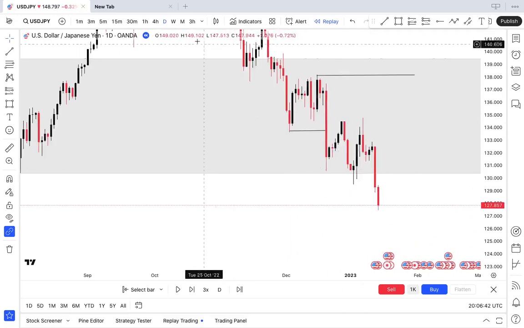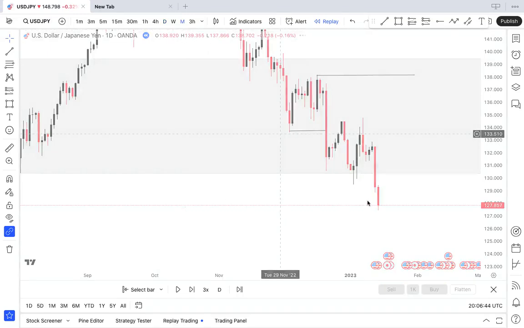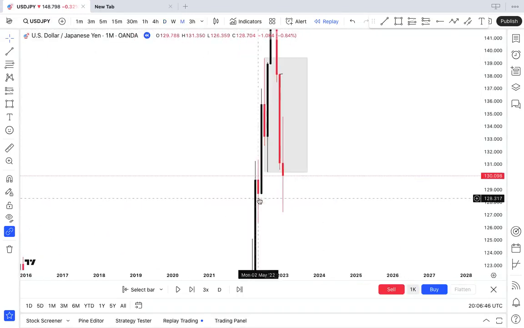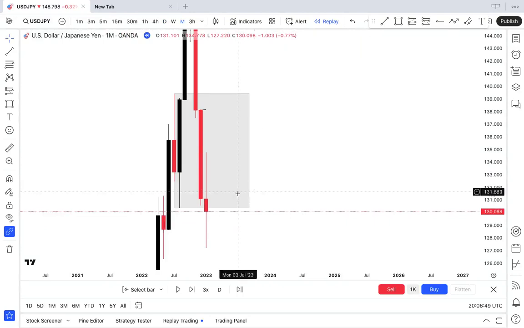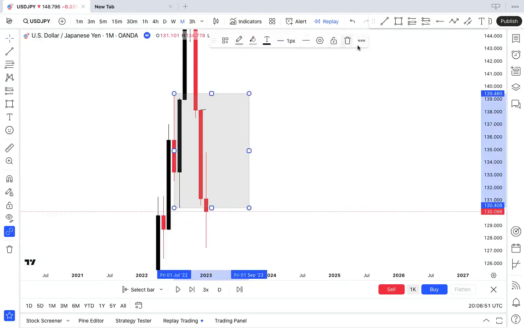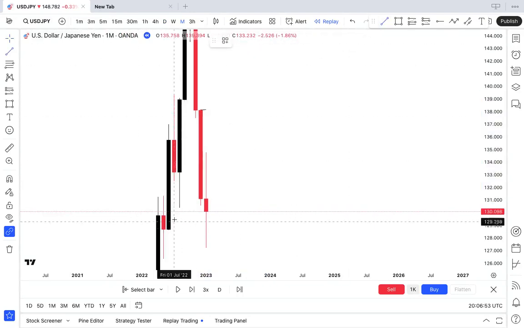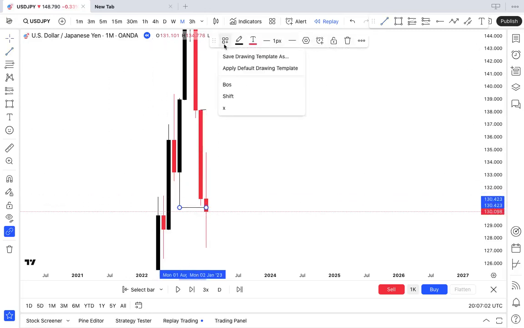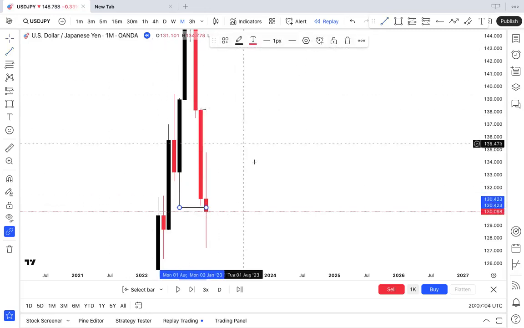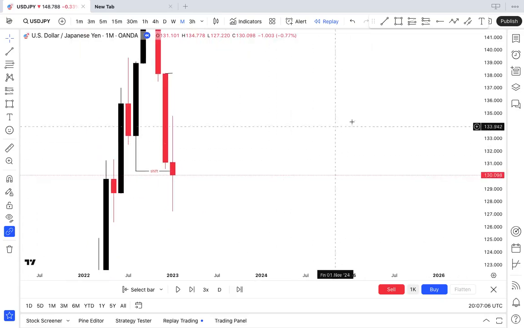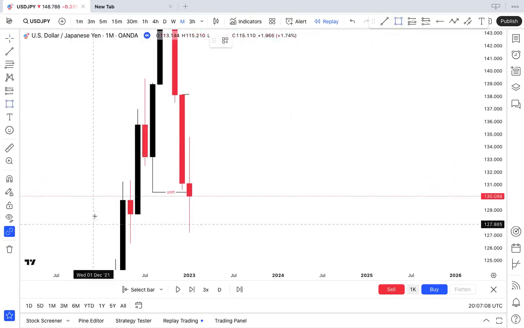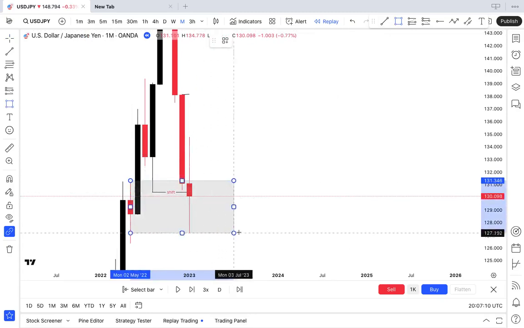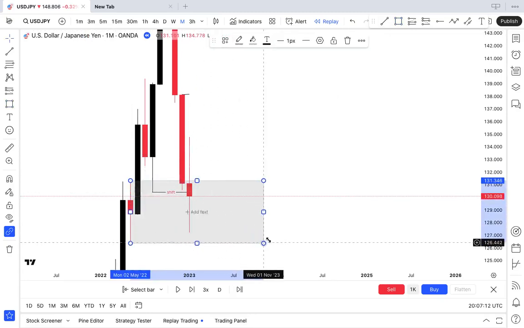So now, after we go back to the monthly, this is being violated and it has been closed below. Now there are two things, as I explained earlier. I told you it can probably be a shift, or it can be just a sweep of liquidity. Yeah. So price can be sweeping liquidity to mitigate the next area of liquidity,